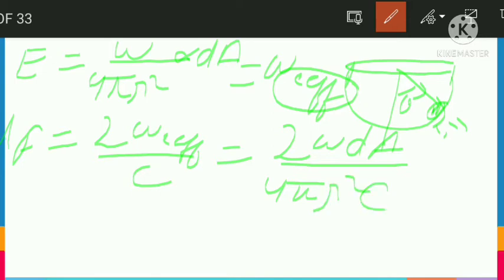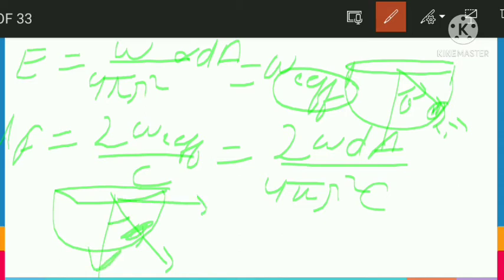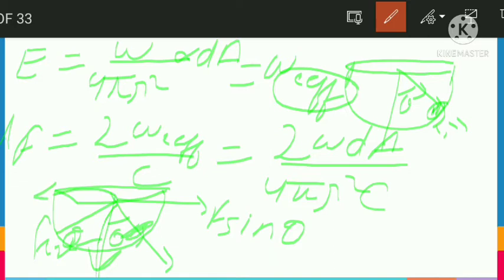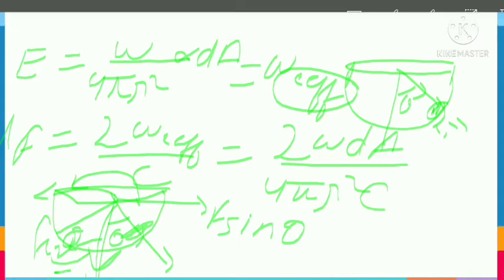But one thing is important here. Let's see the figure. In this small area, force F is acting in this direction, but it has a component here and a component here: a component F cos theta, and a component F sin theta. Similarly, on this side, we again have components. These two sine components will cancel out, and our cos components will add up. So what we can write, total force.